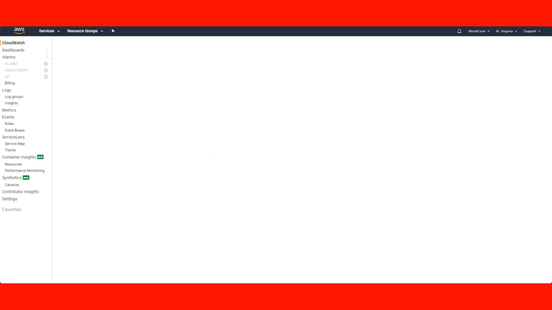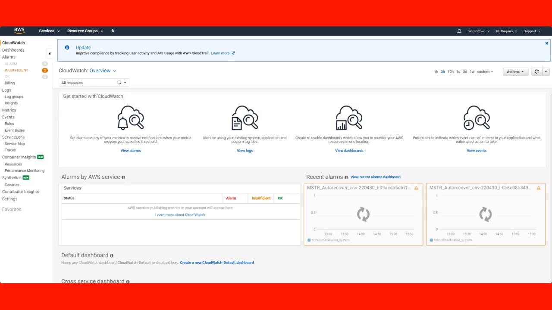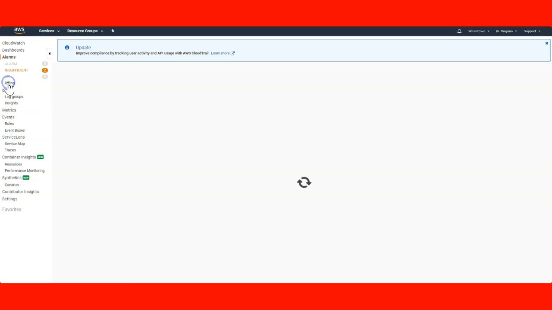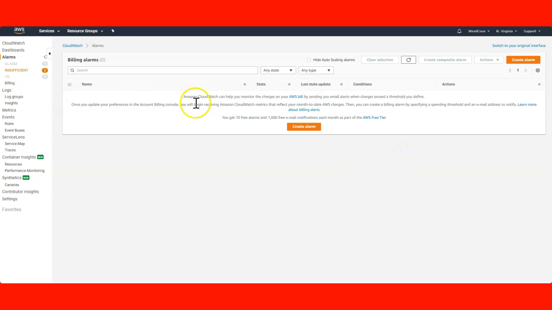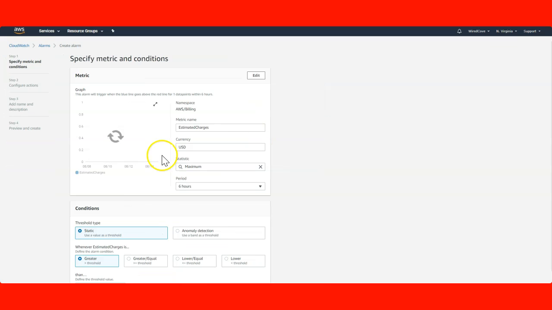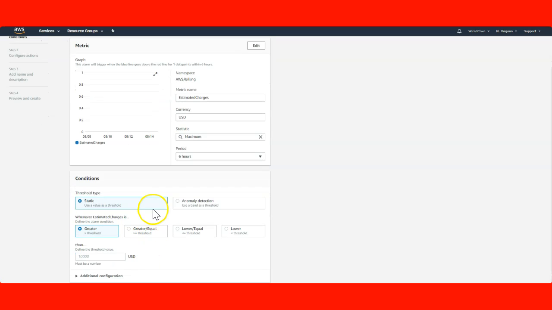Here you can see this. Just go to Billing. If you are creating it the first time, then you need to hit the Create alarm button. Here is the threshold type.